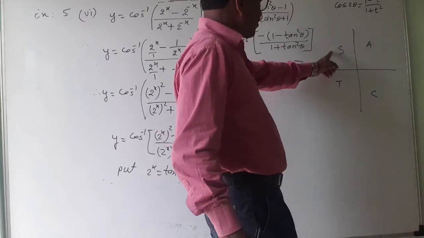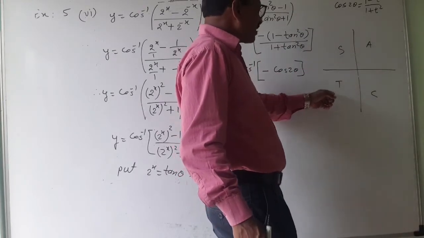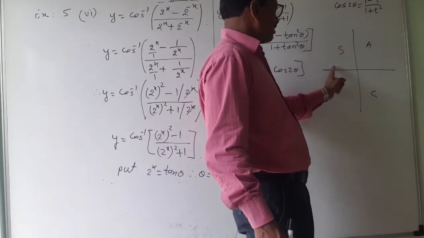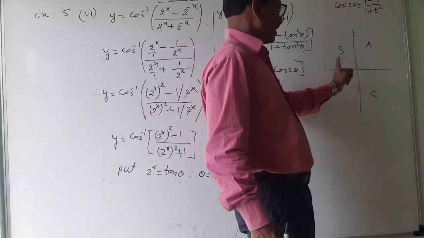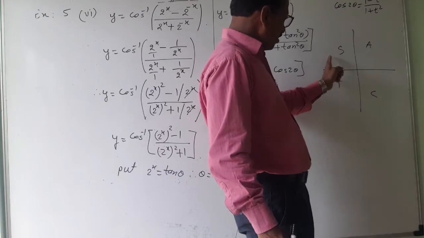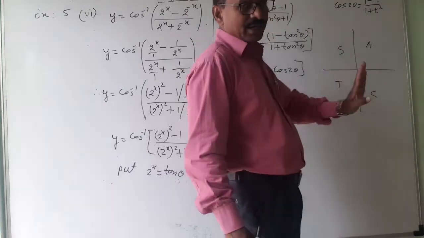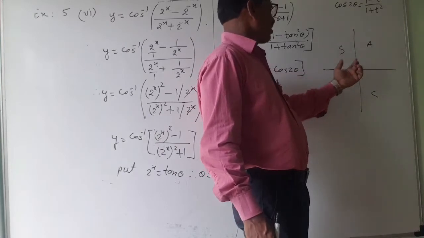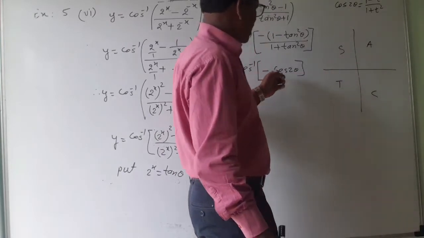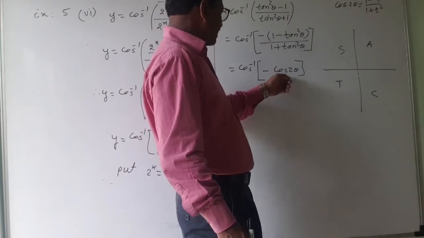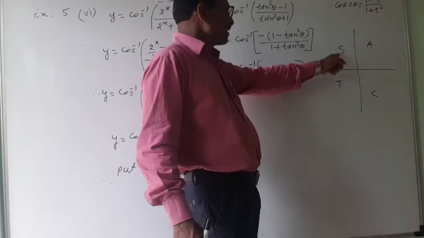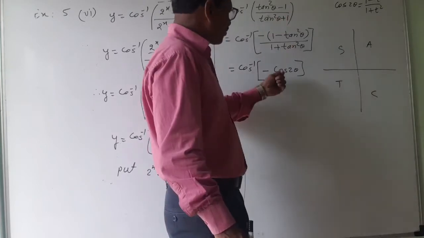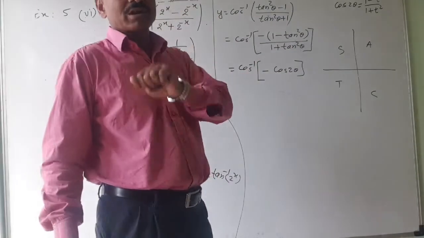So in the second quadrant, why not in the third quadrant? Because it is far away from the first quadrant. So consider first and second. If you are going for tan, then you can consider afterward. But consider first and second quadrant. In the second quadrant, I am considering cos and it has become negative. Sine is positive, cos is negative. So definitely this cos theta is lying in the second quadrant.